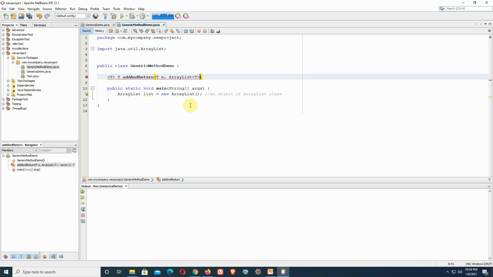Now I am defining the method that is based on the concept of generic programming, and it is called a generic method. So in Java collections framework, these classes are basically defined with the kind of